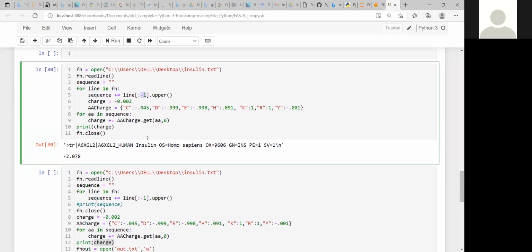Sir, sorry, I did not understand this one. What I am doing here is that the line will be taken up to the last element of that particular line. It will not include the /n. So it is not a question of whether the /n will be converted to uppercase or not, because the /n is not actually present in the sequence line. It is only the new line, and in the earlier case we joined these two lines, but here without the /n we are gluing these two lines.